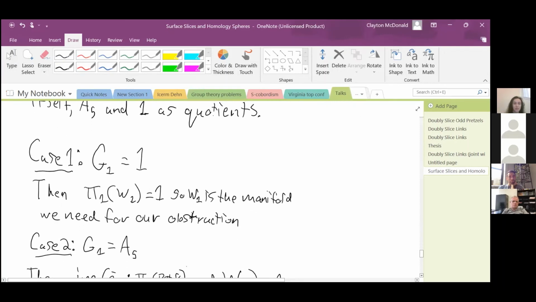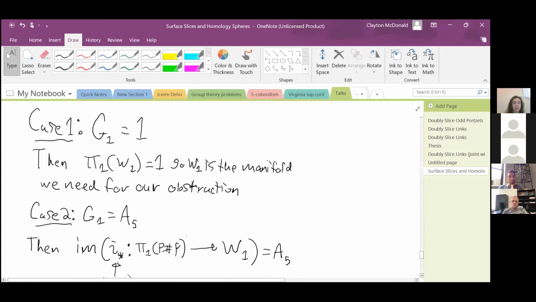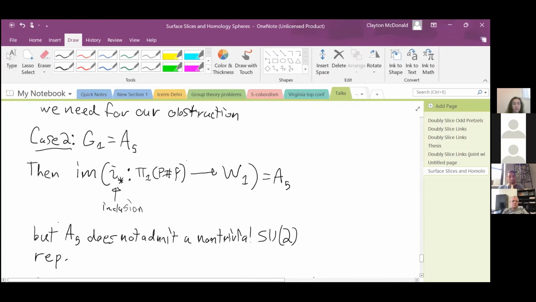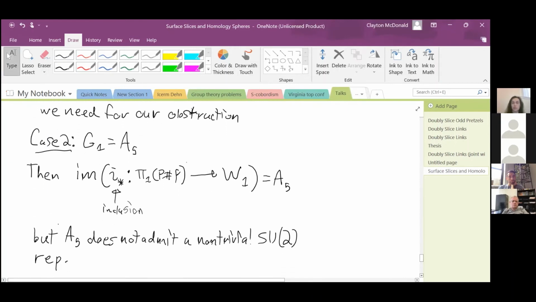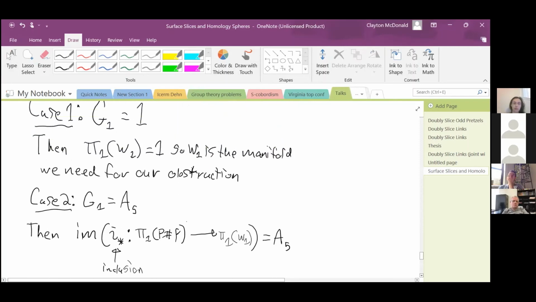Great. So the second case is A5. And so this is where the SU2 representation, not just simply connected part, is going to come in. So the image of the boundary, right? Or I don't want to write W1 here. I want to write pi1 of W1, which is going to be A5 in that case, right? Because